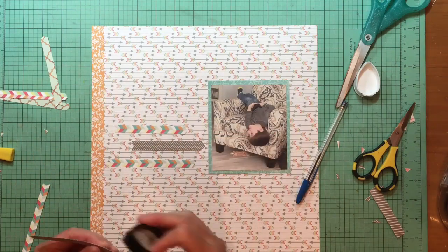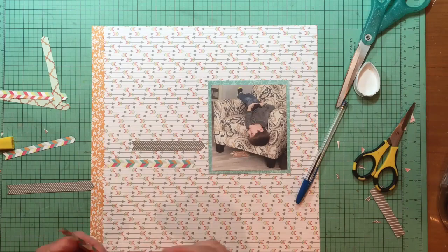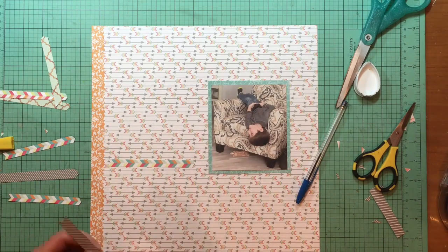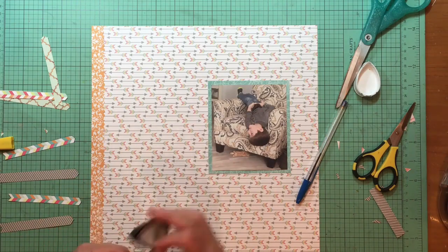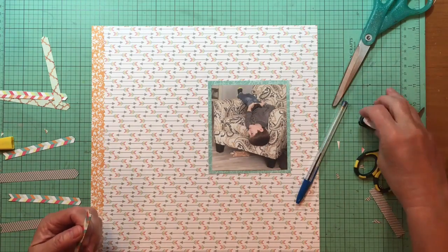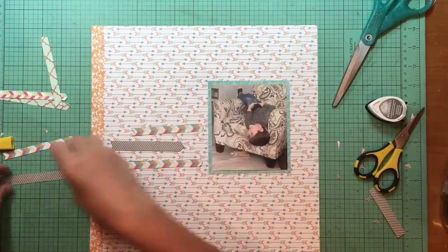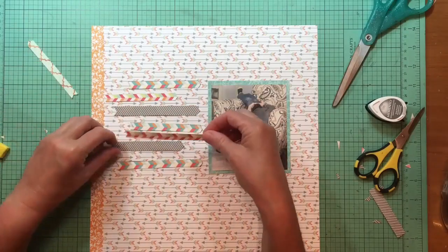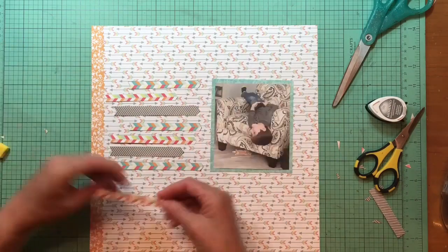So in the meantime, since I know I want to ink these papers, I grabbed my Memento Dewdrop ink and gray flannel, and I'm just going to ink these pieces because I know I want to do it. So, you know, might as well because I know that. And what that does is that really gives a little bit of a shadow, and it helps give you some dimension. Now I'm going through and I'm adding in some of the other pieces